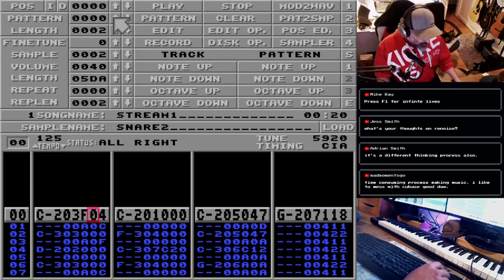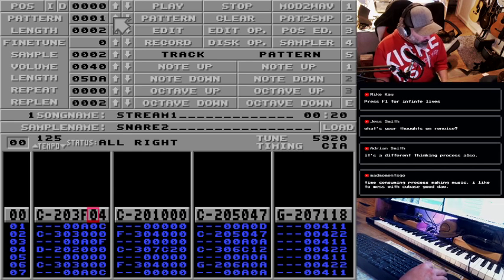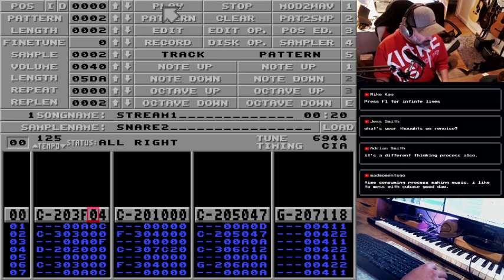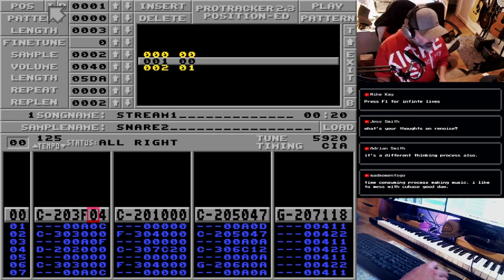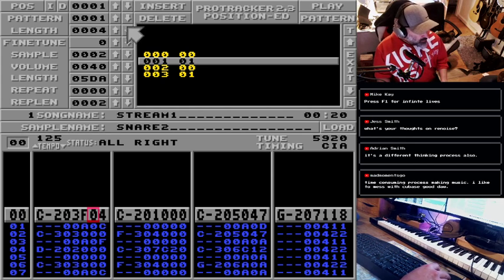Okay. Half tempo, relative minor. Let's go for it. Actually, we need a position edit, so I'm just going to repeat those patterns twice. So pattern 1 is there you go, and again that was Fiona in the background, and